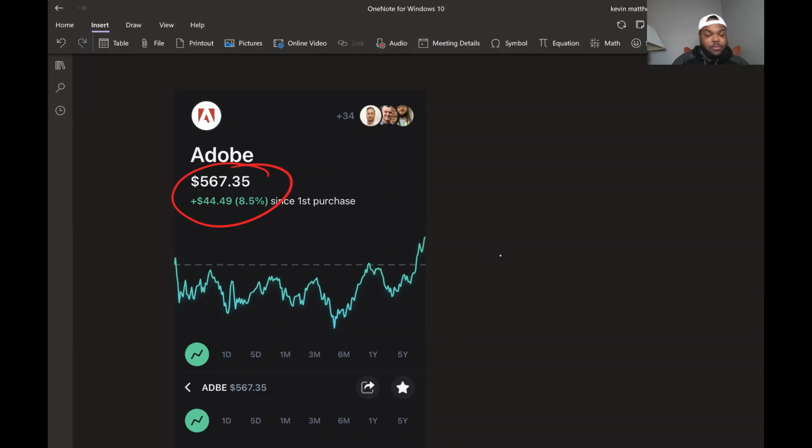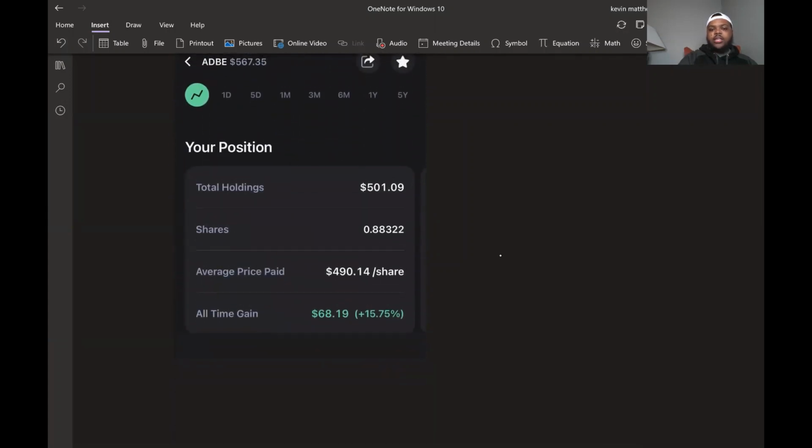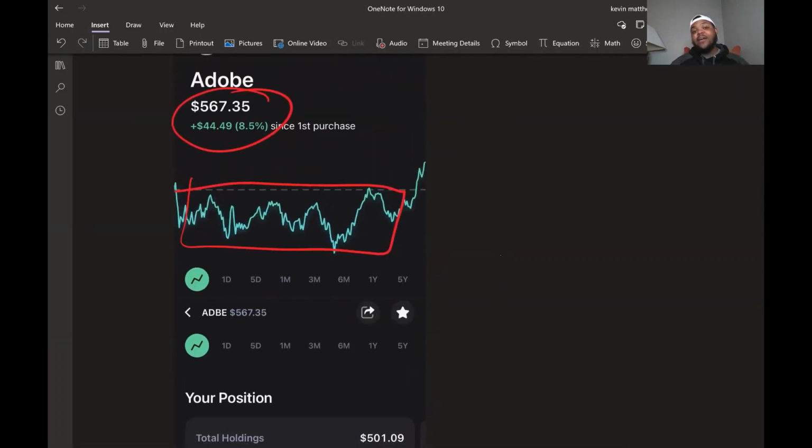I keep putting in, DCA, dollar cost average. And what does that mean? In all of these cases, it means that every week I was buying lower than what I got it at, and when it starts to move up, we call this averaging down. Right now you see the price is $567, but if you scroll down, and you can do this on your app as well, it'll show you the average price paid. Because I kept doing it over and over again, you take an average of that, and I bought at an average share price of $490. So 490 is the average I got it at. Right now, it's at 567.